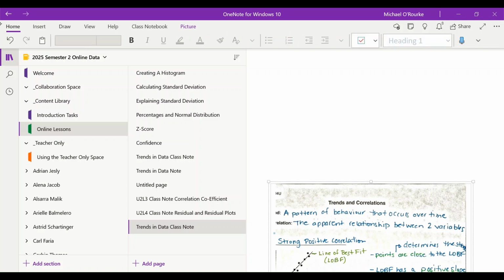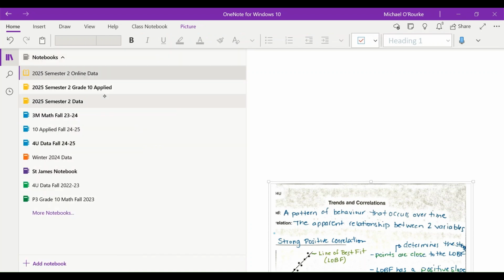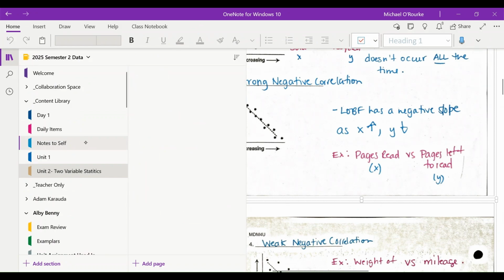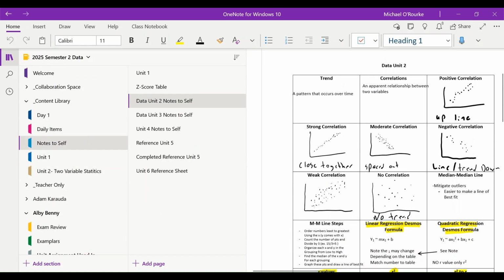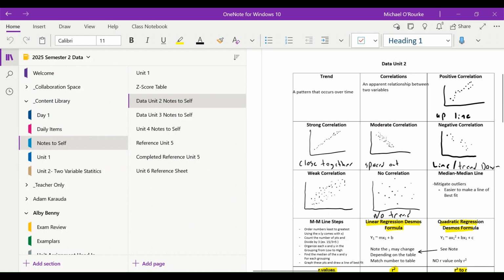Okay, first thing we're going to do is take a look at, well, the very first thing is I put online a notes to self. So it looks something like this here. This notes to self is for you to make notes on